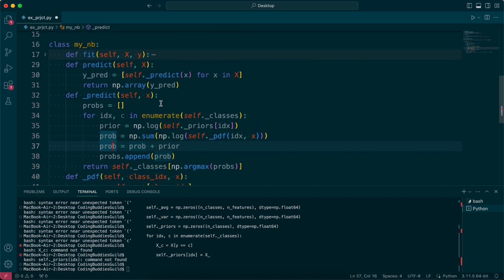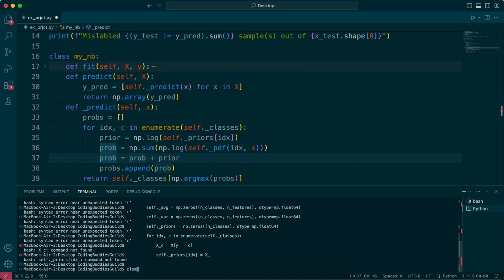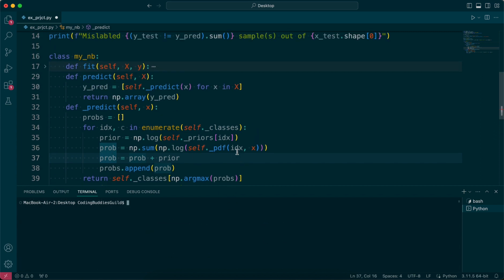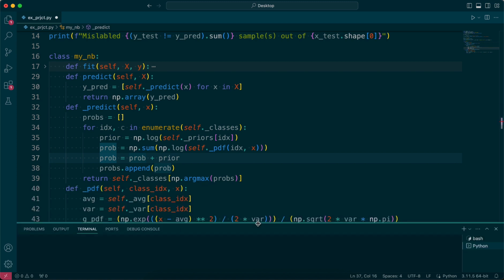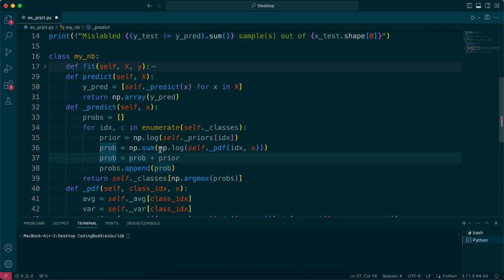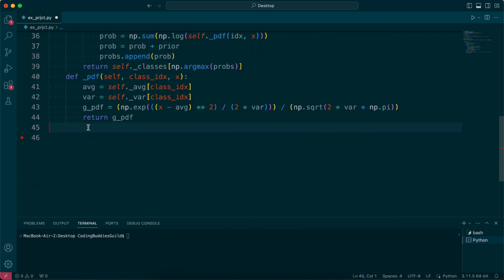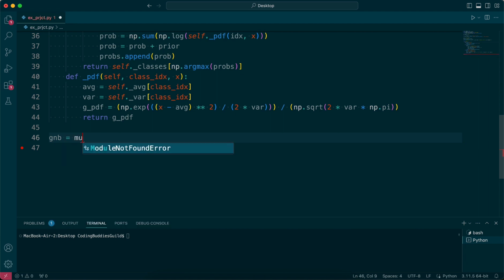I think we covered everything. Let's just, we are here, and make this smaller so that you can actually see the code better. Yeah, so we have the class here. I don't think I've missed anything, but I guess we'll see. Now let's actually use our own class. Now I'm just gonna go gnb equals my naivebayes and